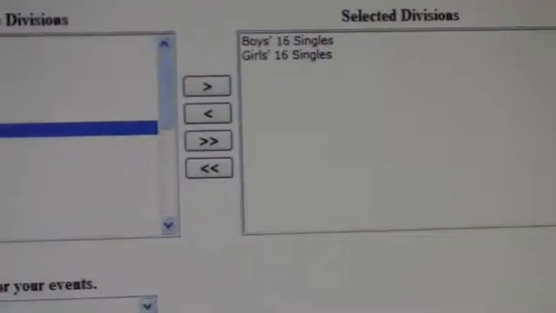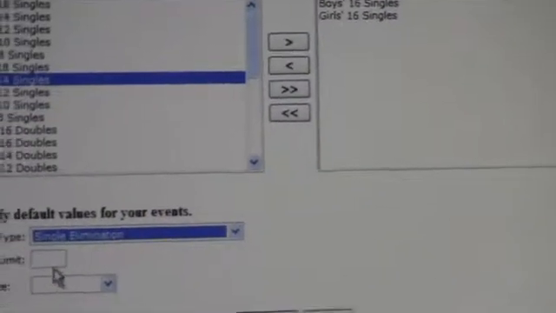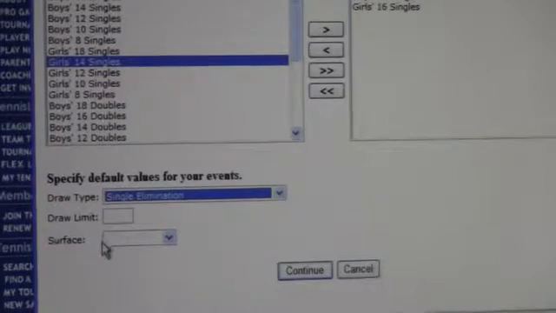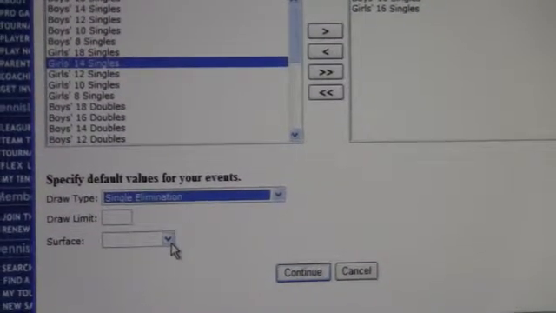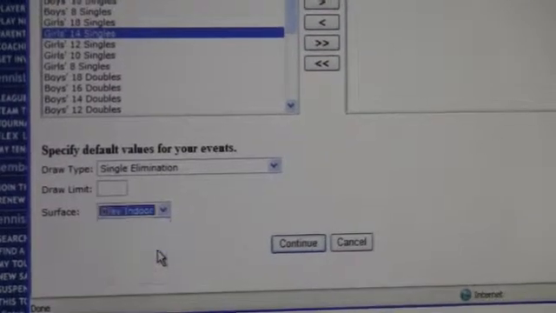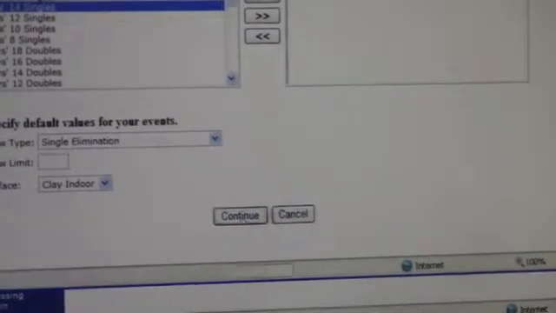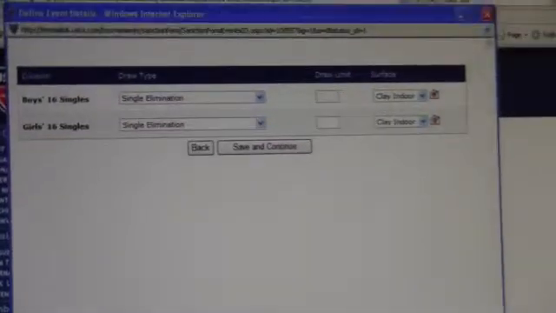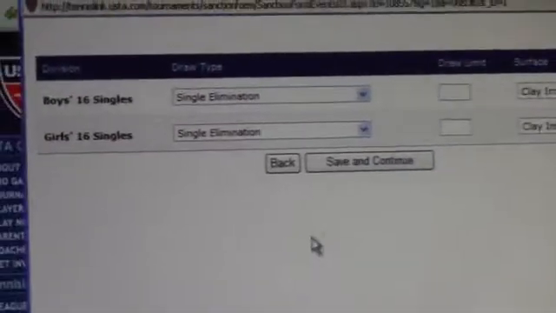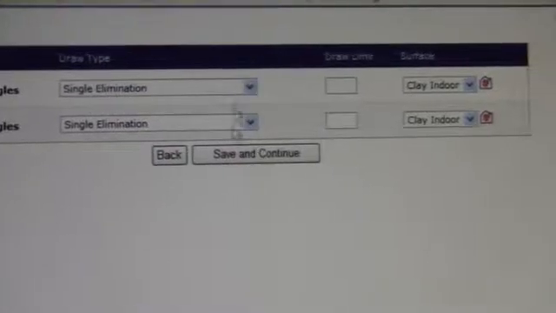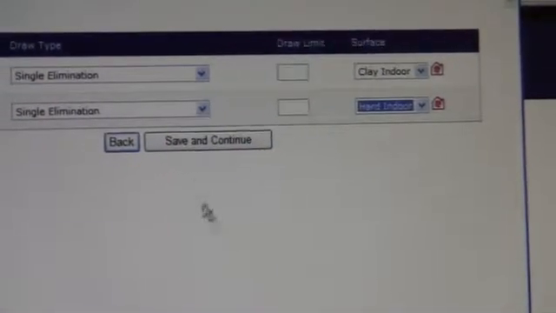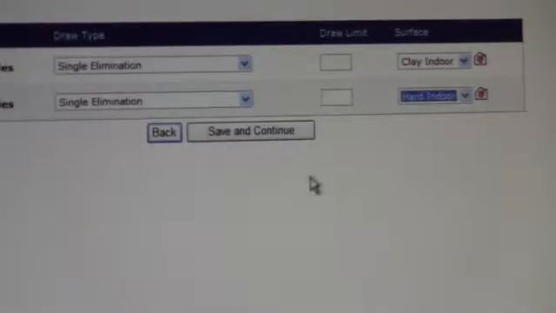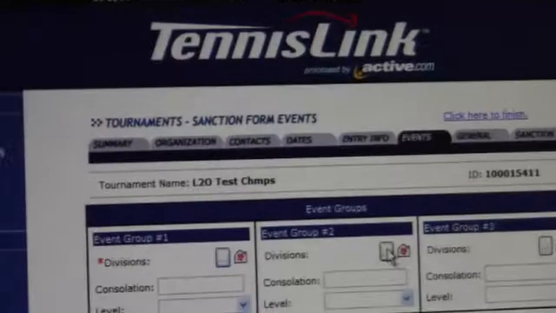Enter the draw type. Do not enter a draw limit, and enter the surface. Click Continue. And if for some reason you are running different events on different surfaces, this is where you can adjust that information. Again, do not enter a draw limit. Click on Save and Continue,